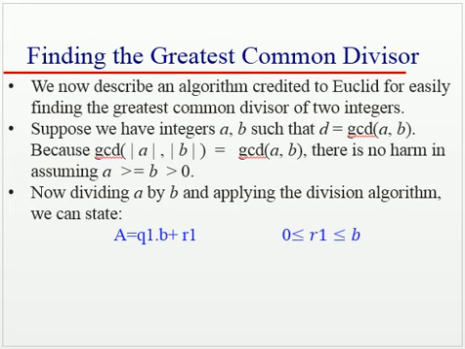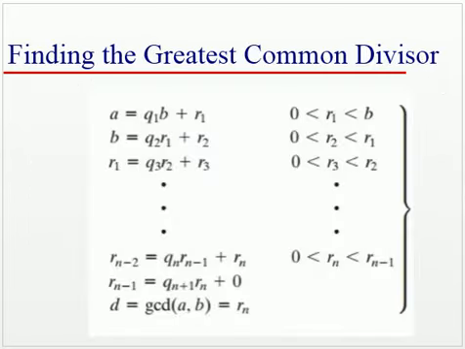But if it is not the case, then we go for the next calculation. To find the greatest common divisor, first of all we use the division algorithm, where we want to find the GCD of a and b. Now we are assuming that a is greater than b, and that is why we are dividing a by b. By the division algorithm we get the first equation, a is equal to q1 into b plus r1, where 0 is less than r1 less than b.